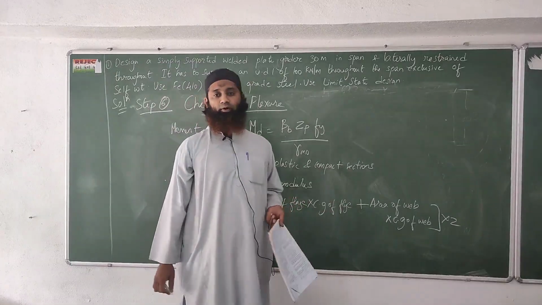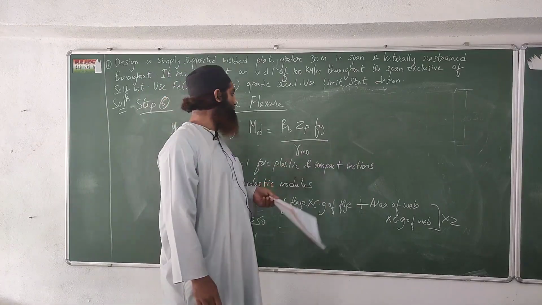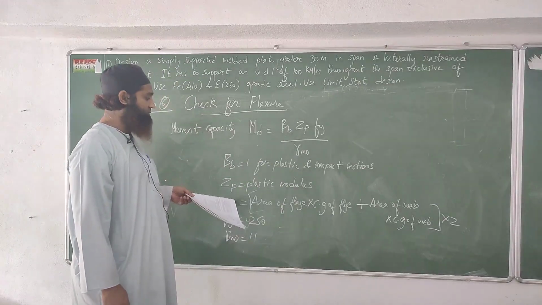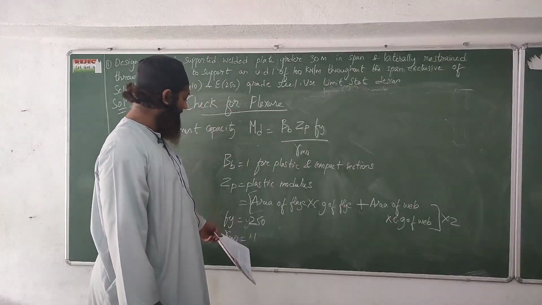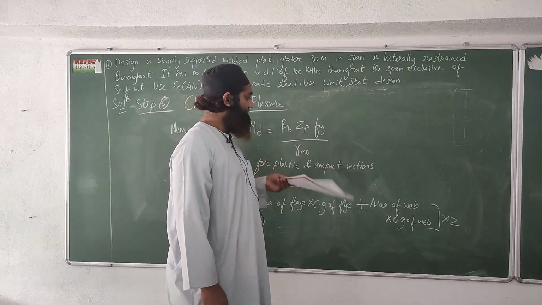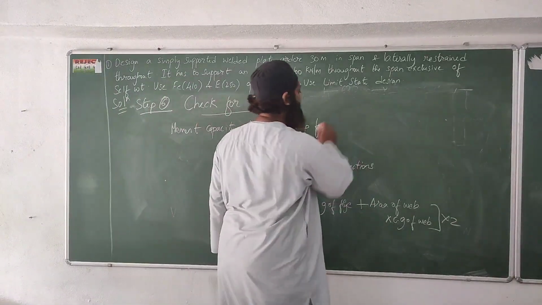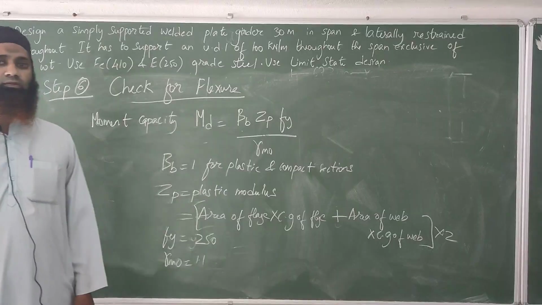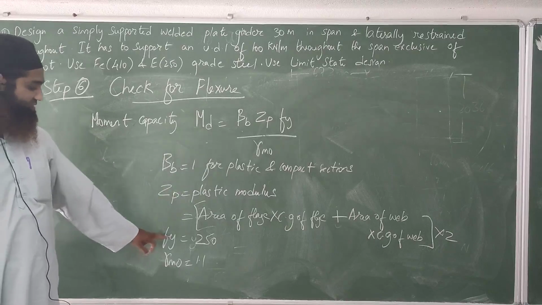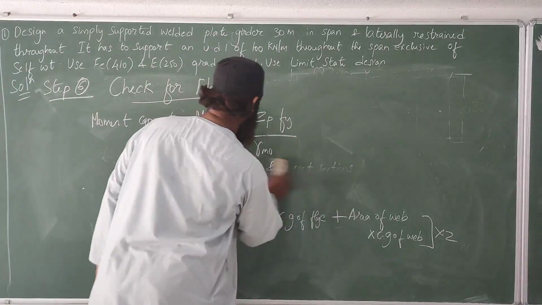Okay, fine. Hope it is clear till here how we have calculated all this. We'll substitute these values and see what we are doing. First we'll find out ZP, the plastic modulus, then we can substitute. We know the Fy value, we know gamma M0, we know BB. We'll have to find out ZP first. As we know BB value is 1, Fy is 250, gamma M0 is 1.1. We'll see what the plastic modulus is here.